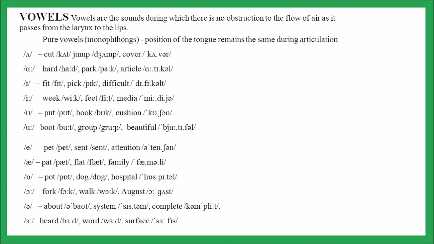So, A as in cut, A as in hard, E as in fit, E as in weak, U as in put, Oo as in boot, A as in pet, A as in pat, O as in pot,